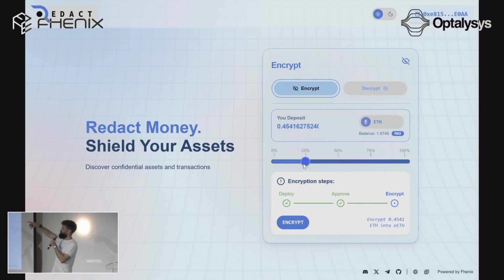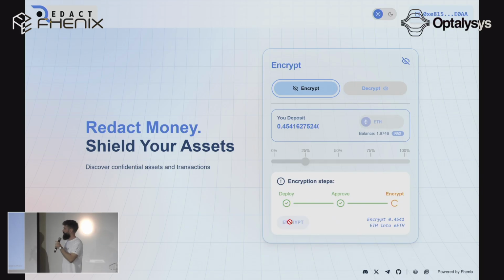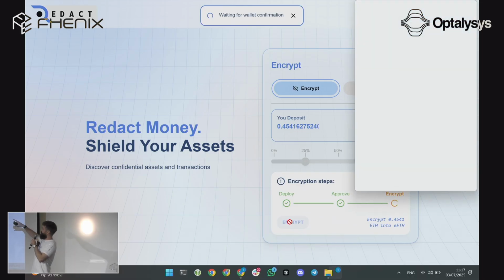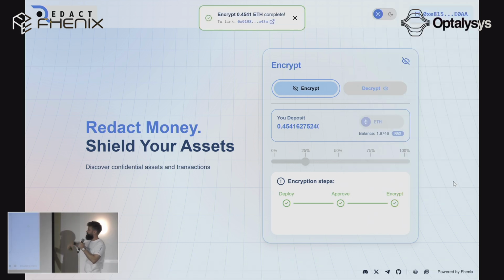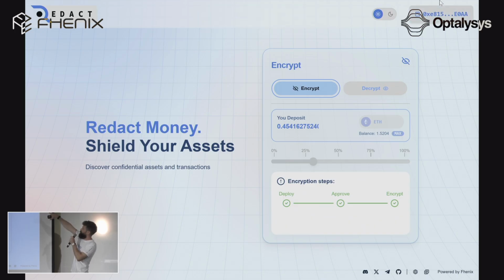Cool. So here you see Redact. What it basically lets you do is take your ERC20s and even your Ethereum tokens and encrypt them and send them to people and use them as encrypted with privacy. So this is an example of an encryption. You know, your usual stuff. You see the MetaMask, you confirm, you encrypt, that's it, bam, it's done. If you go to decrypt for a second,